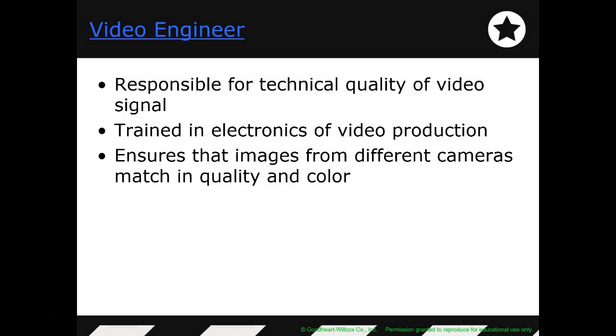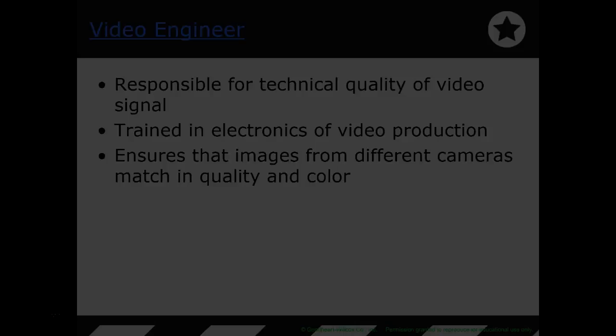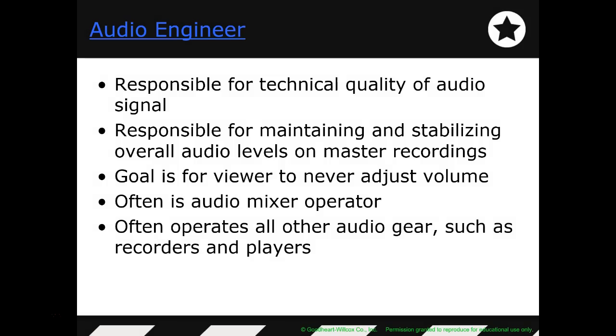Video engineers are responsible for the technical aspects of the video, again getting it from the studio to the tower, or from the studio to the cable provider, and all the electronics in between. Audio engineer is responsible for the audio, so we have someone who's running an audio board. They're the ones turning the mics on, hitting play on music, taking phone calls and getting the phone calls into the audio system, and making sure the audio sounds good. Audio is something that is forgotten when we think of video, but it's a really, really important piece, because if audio sounds bad, the viewer is not going to care.